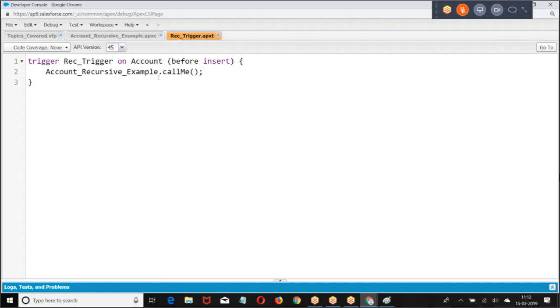What is happening? A circle. Are you getting it? When an account is created, the trigger is called. Within the trigger, what am I doing? Inserting one more account. When you insert one more account, automatically it is also going to call one more trigger. The same trigger is called one more time because in the before insert trigger on account, we are inserting an account. Obviously, what happened? The trigger is calling itself. Are you getting my point? Trigger calling the same trigger. Look at this example.